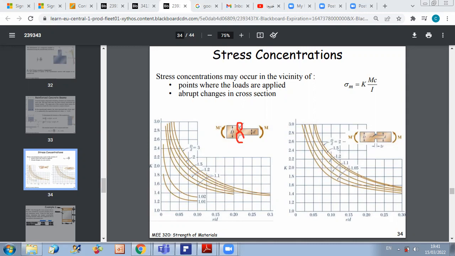So here, of course, the critical section will be the one at the sudden change in cross section, and you will take, of course, the smallest cross section. So the maximum stress will correspond to the value of